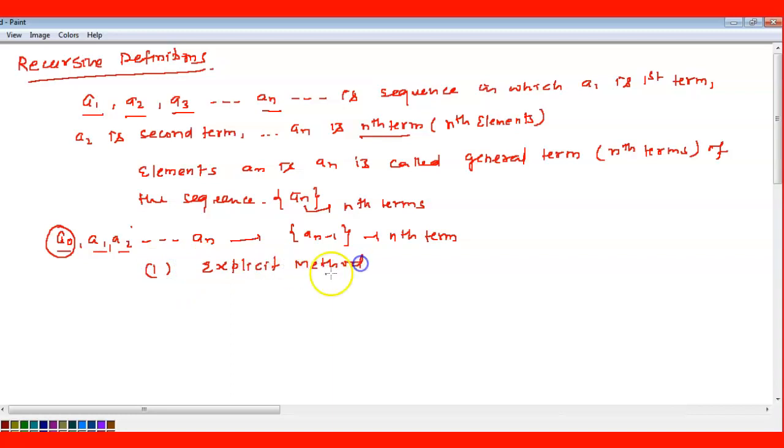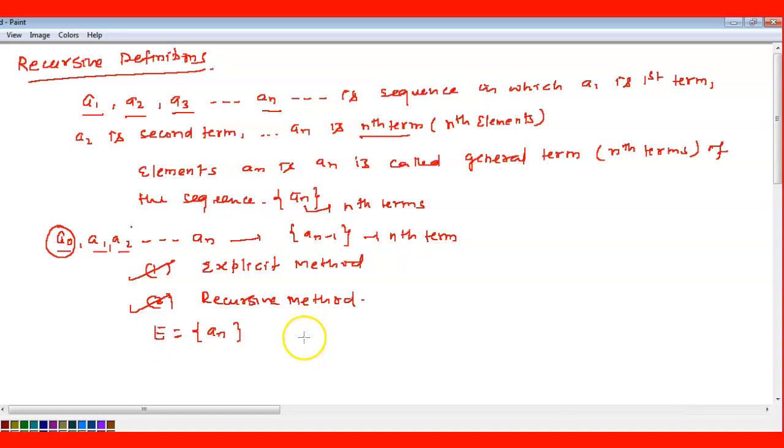Another is called the recursive method. We have to study these two methods, especially since questions will be asked on the recursive method. These two methods are used to represent any sequence. In the explicit method, the general form of the sequence is explicitly indicated. What does it mean here? Consider if given an equal to